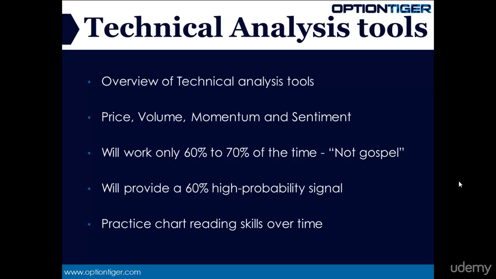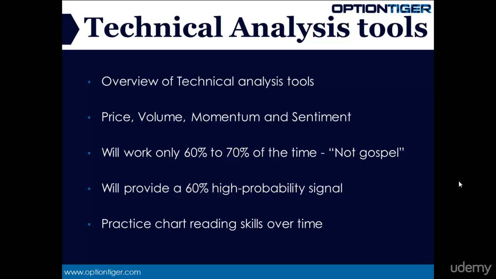We know that we have 4 earnings reports every year. But other than that, everything else just tends to happen every now and then. And therefore, for 60 to 70% of the time, traders don't have anything else to go by, and so they look at technical analysis. So technical analysis will work, but you have to understand its limitations: it's going to work only 60 to 70% of the time,